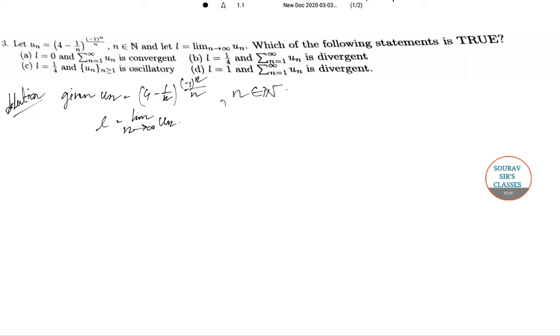Clearly un is a positive sequence for all n belonging to the natural numbers. Now we have to take log base e on both sides, and we get, taking log base e on both sides,